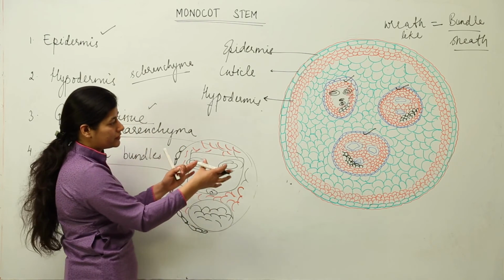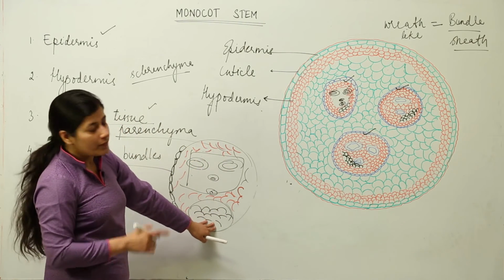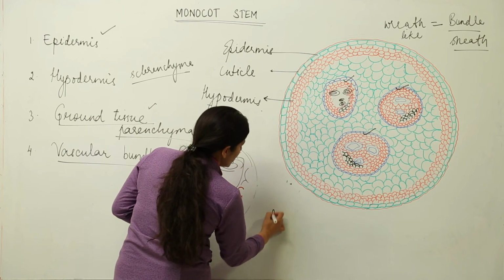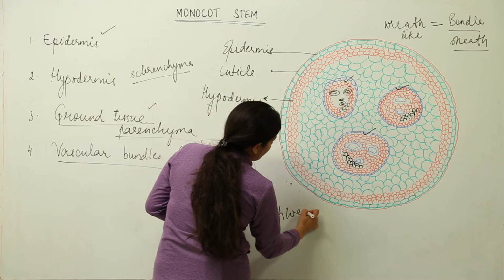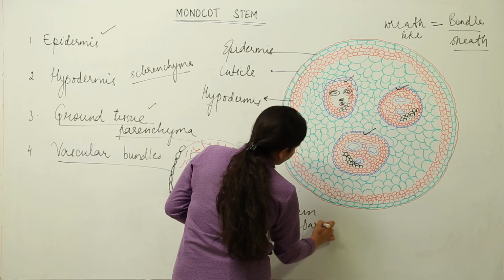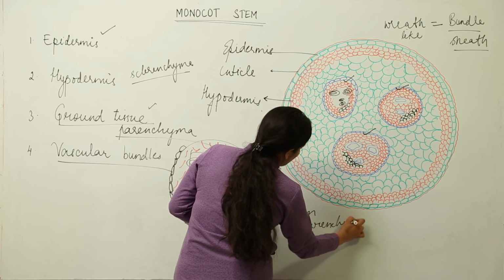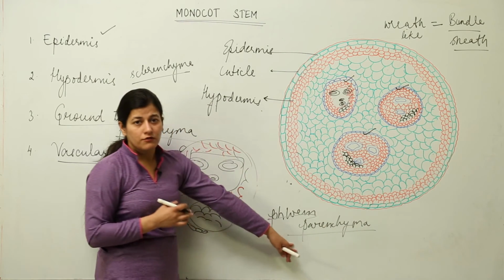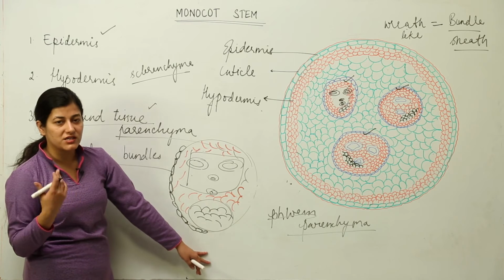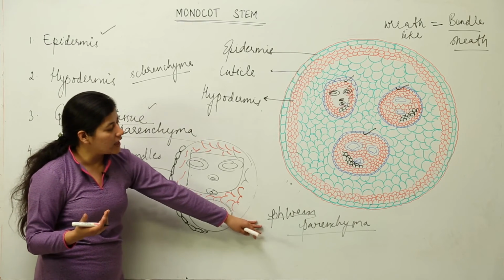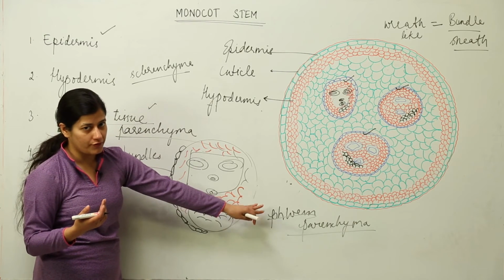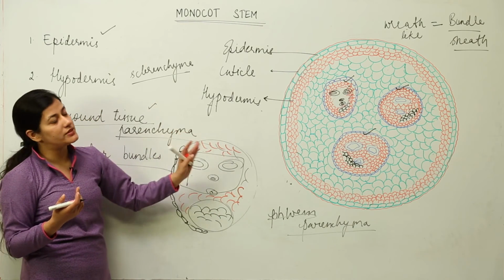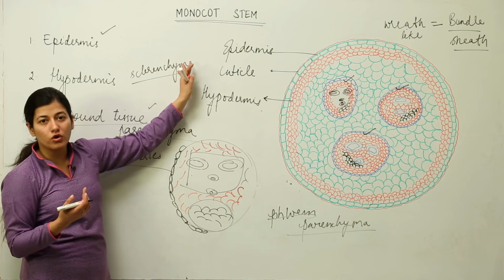Now, we have talked about xylem. Talking about the phloem, one point you have to remember that the phloem does not contain phloem parenchyma. Now, in case you are confused, phloem itself is a complex tissue which has different types of cells, and the parenchyma which is part of phloem happens to be phloem parenchyma. So, the phloem parenchyma part is absent in the case of monocot stem.